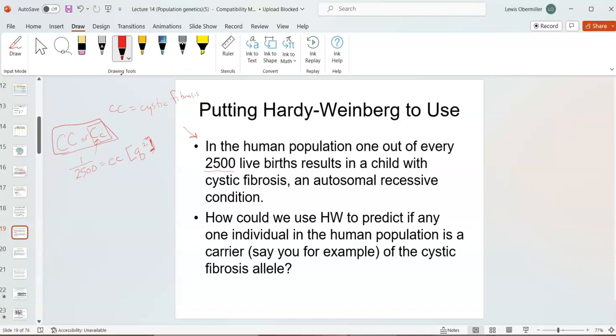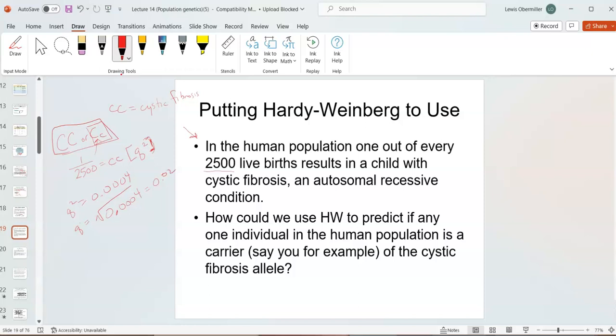So Q squared equals 1 divided by 2,500. If we do the math, it's a very small number, 0.0004. All right. So this is Q squared. Now we want to find out Q, right? Because that's what we need. So we're going to square root this. And if we square root this, you should get